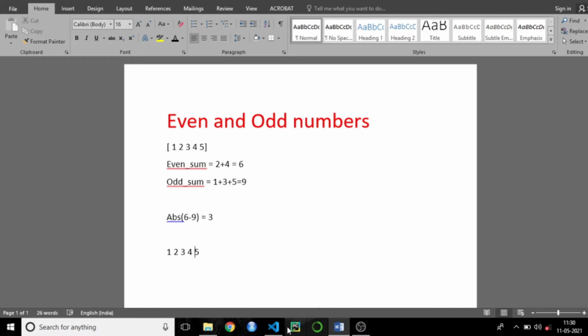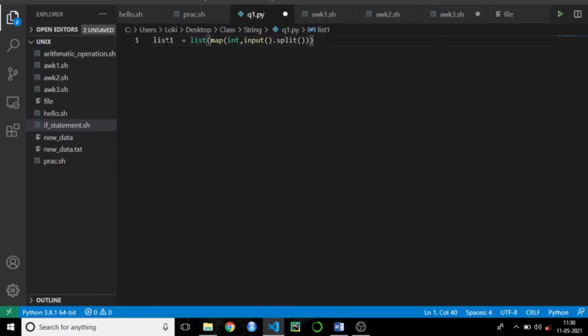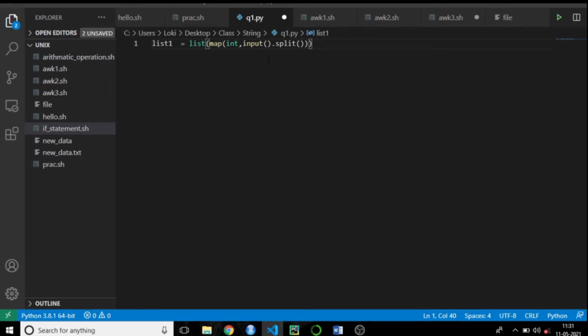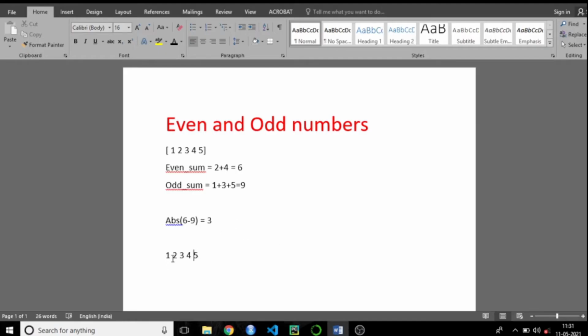To do that in Python, it's very simple. This line of code indicates to take the input in a single line. This input will be the input from the user of integer data type. This split will get the elements after each space. It will take 1 as a separate number, 2 as a separate number.